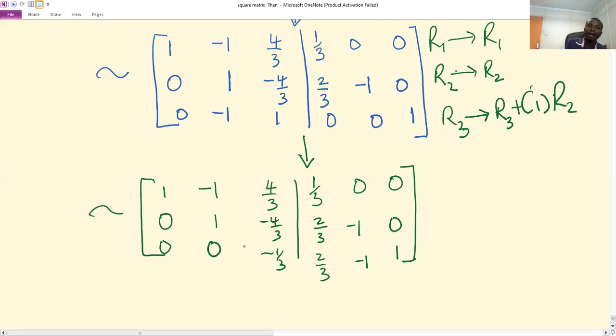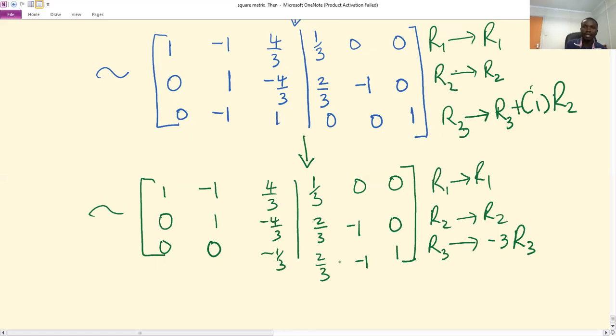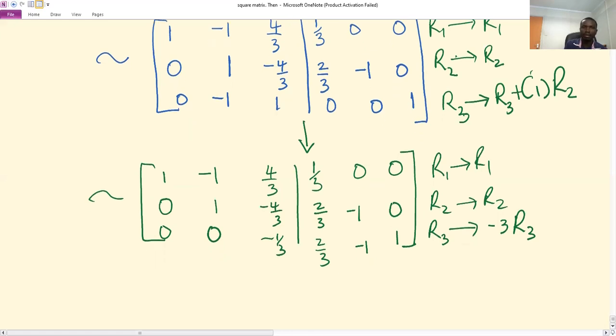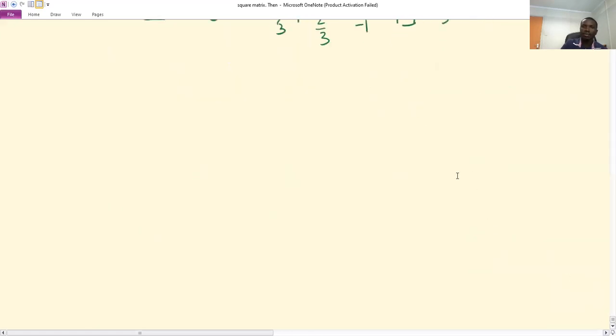And remember, I expect this position to be 1. So I'll say row 1 to be row 1, row 2 to be row 2, but then row 3, I'll say -3 times current row 3, so that negative 3 times negative a third, I get positive 1. So that will give me,